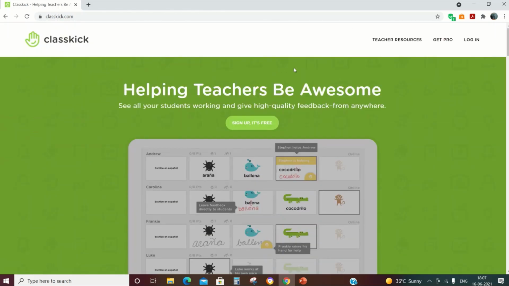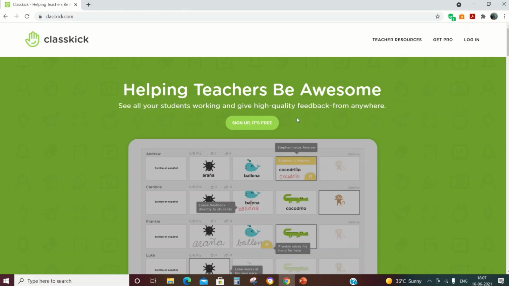If you have not used it before, you will have to sign up, and it's free. You can sign up using your Google account. If you have already signed up, then log in. You have to log in as a student or as a teacher. Once you click sign up, you will get two options: I am a student and I am a teacher. Click on I am a teacher and you will get 2-3 options where you can choose which option you would like to sign up with.